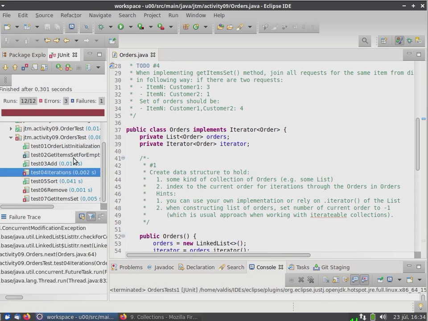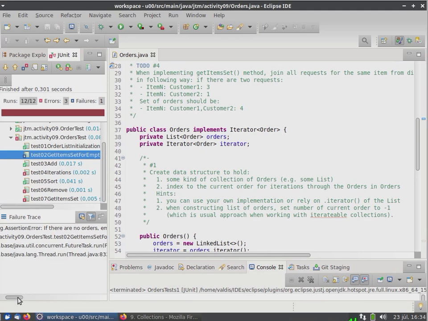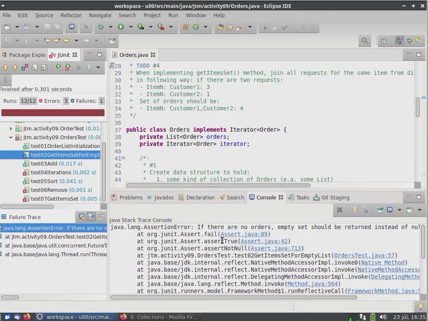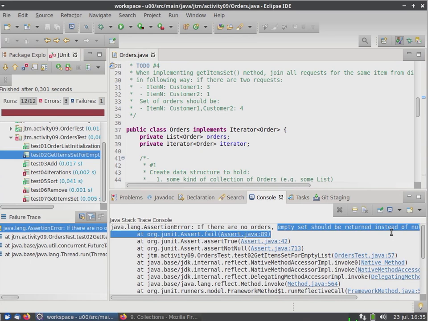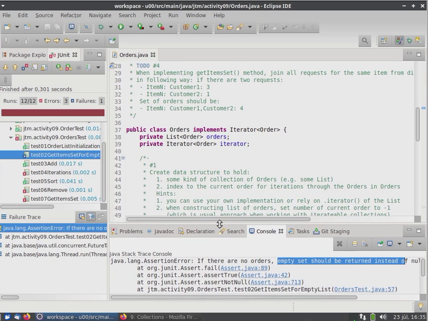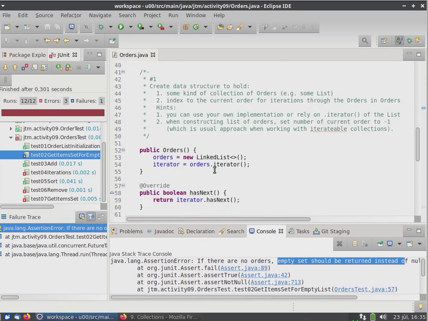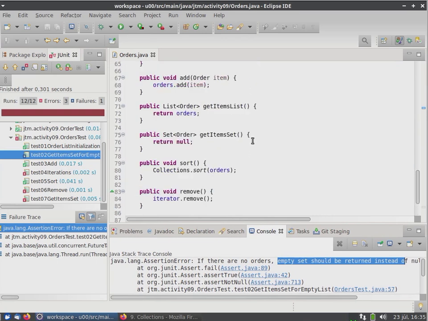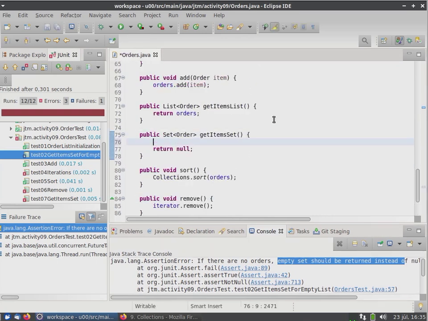And when we test it out, we see some errors, and we can resolve them one by one. The first failure trace is that if there are no orders, an empty set should be returned instead of null. And where it is, get items set, it's not implemented yet. But okay, we can solve it a little bit. We can say something like set of orders